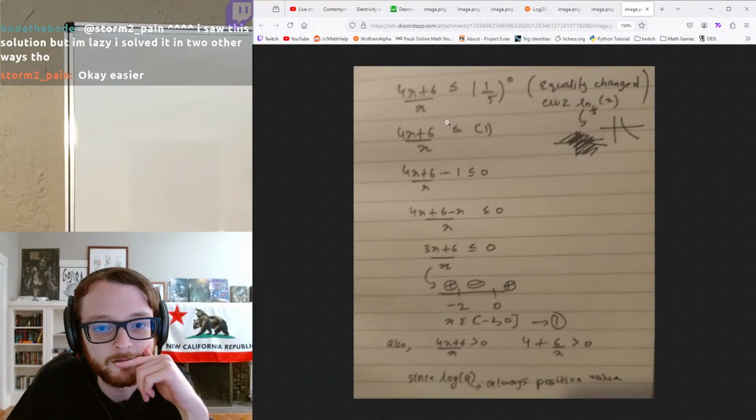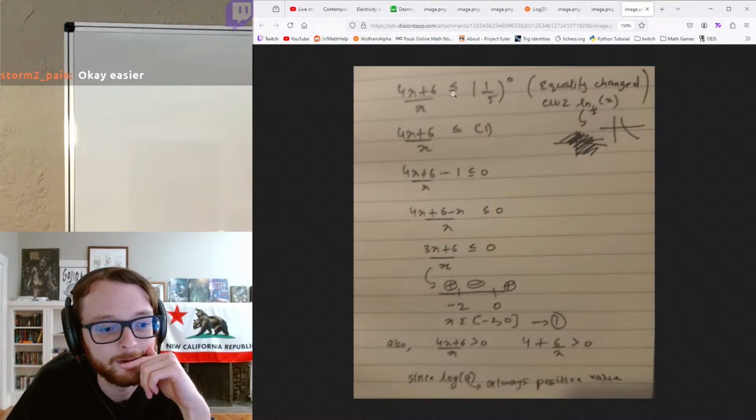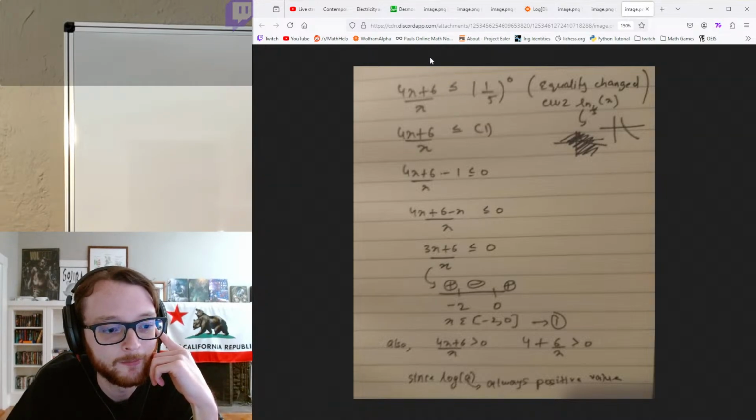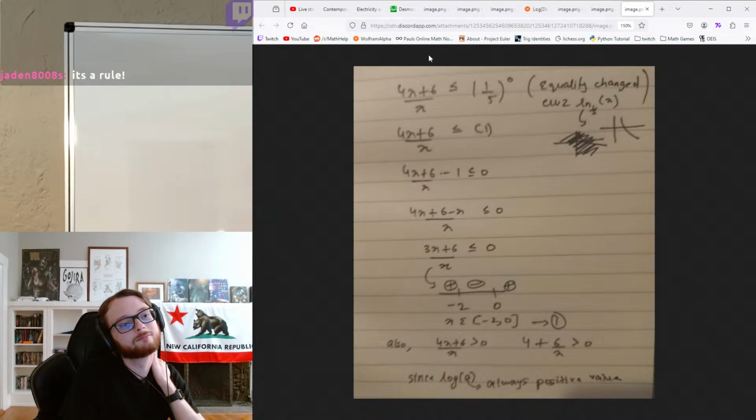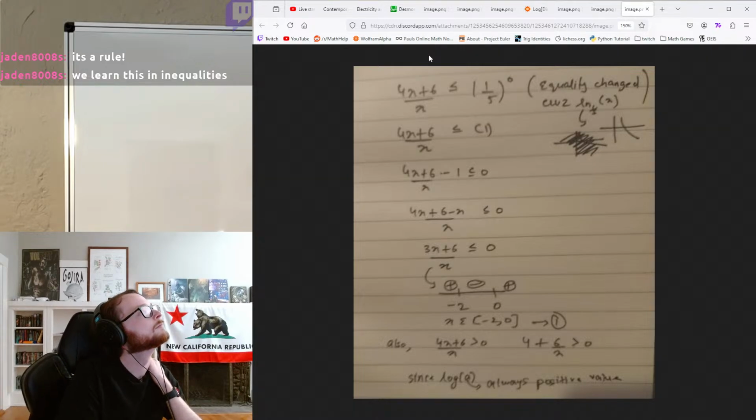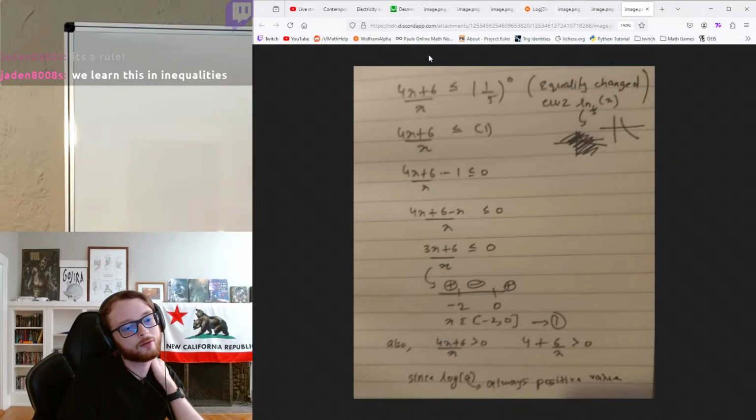How do we know that this is less than or equal to? That's the part that I don't know about this technically. This is my first instinct, but I don't know how we justify this inequality. It's a rule? If it's greater than 0,